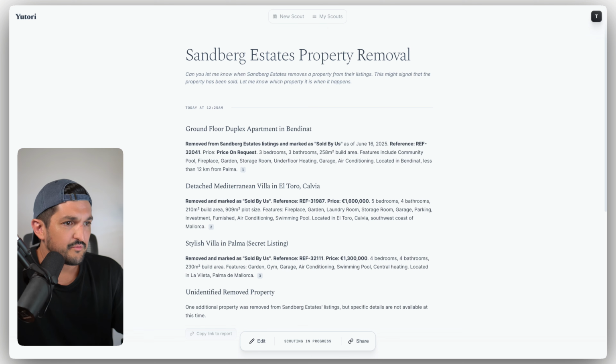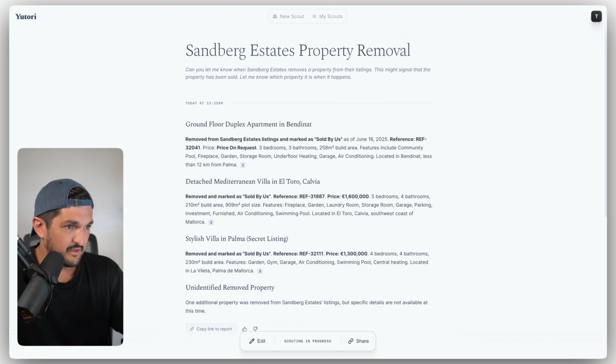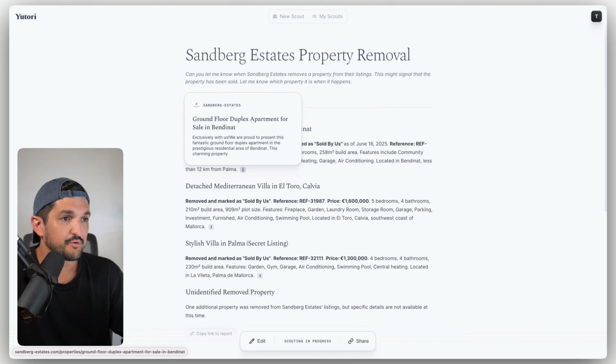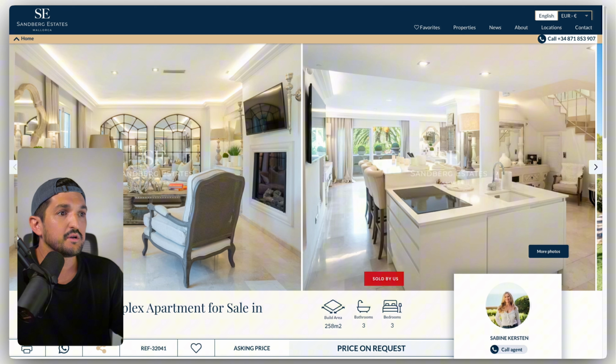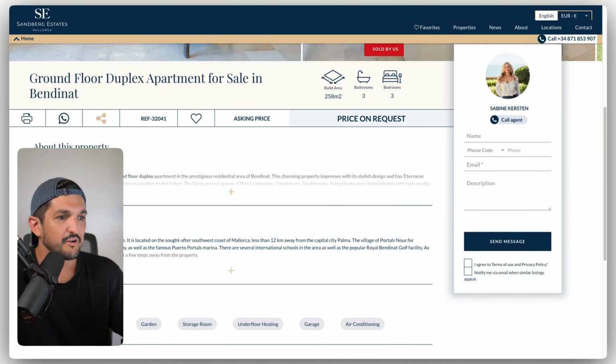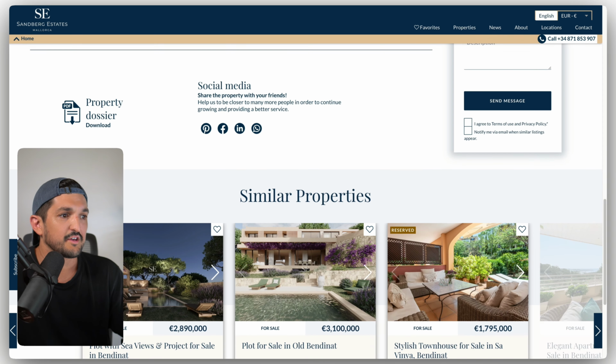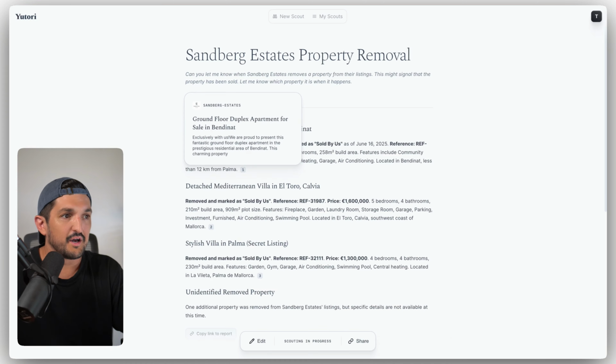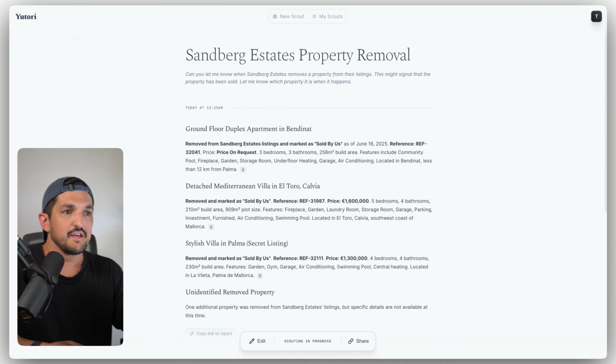We had another one removed and marked as sold by us here too. If we click through, or we hover, maybe it gives us a little preview. If we click through, it's going to go here. So sold by us. So now this property is no longer available. But don't worry, I'm not actually looking for properties in this price range. A little bit punchy, but that's what it does. So let's say if you're looking for a rental, this is going to be great because you can know when a property is available or not available.